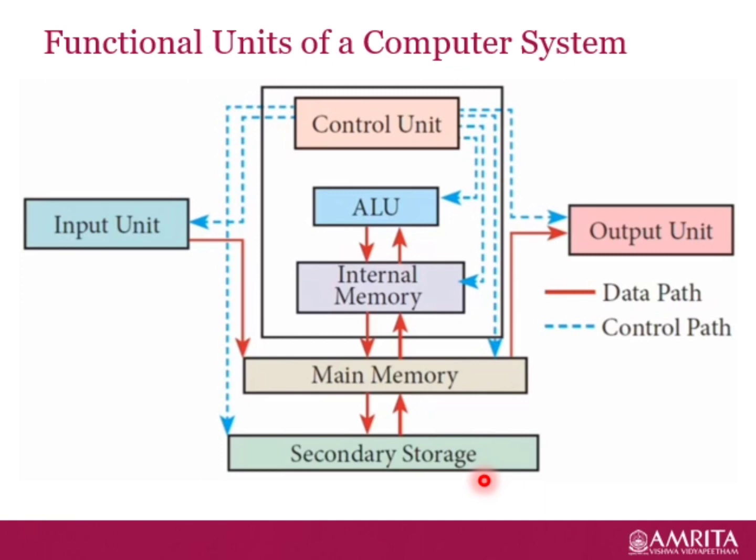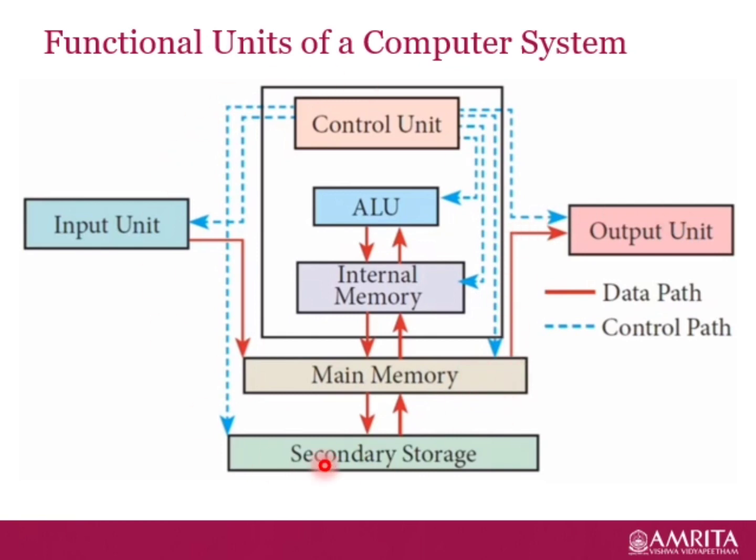So always keep in mind that the CPU can directly access only the main memory or RAM, and whenever the CPU wants to access any data stored in secondary memory, a control is passed to the secondary memory, and finally the data is fetched from secondary storage to the main memory, and from main memory it will be passed to the CPU. And after processing, the result of the processing is again fed back to the main memory unit, and from there it is provided to the output unit.